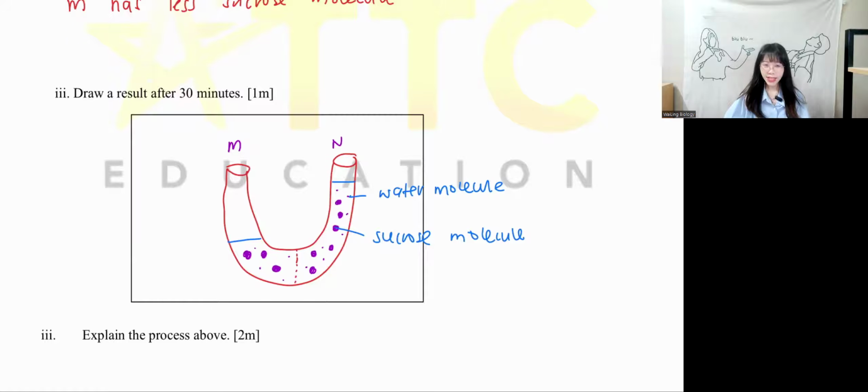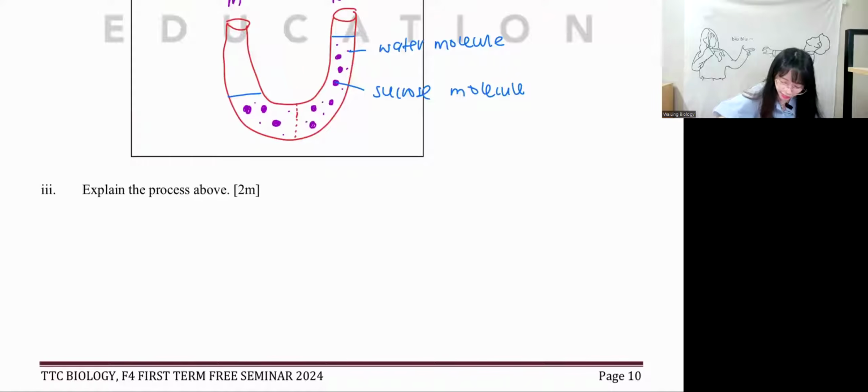Okay, explain the process above. What process do you think this is when they are only related to water? Correct, it has to be osmosis. Very good. Everything here is osmosis. Water always moves from more to less. They will move from M to N. Is to achieve what? Correct, to achieve dynamic equilibrium. Very good. So your answer is